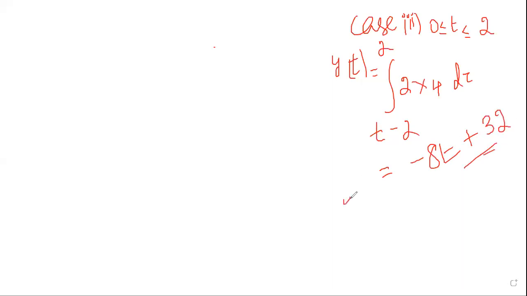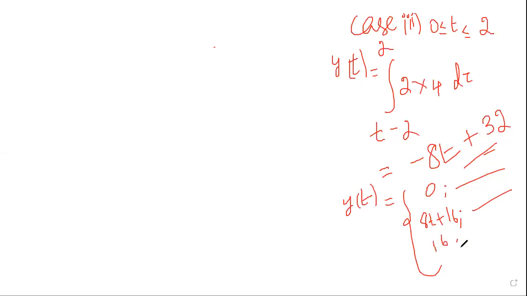You have to summarize your answer without fail, otherwise you lose the marks. Y of t is equal to 0 initially for some condition, that condition you write here. And later I got some answer. What was the answer? 80 plus 16, I think. So 80 plus 16 for some range of t, case 2. And here I got 16 for case 3. And then minus 80 plus 32 for case 4. Summarize your answer without fail. Anyway, I will be uploading this video on YouTube. After this class, you can go through this once again.